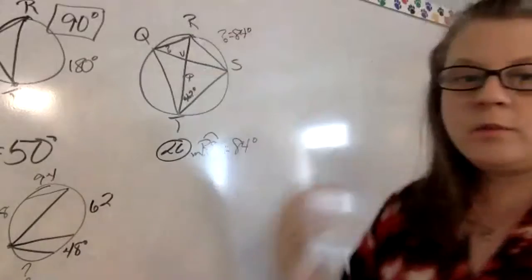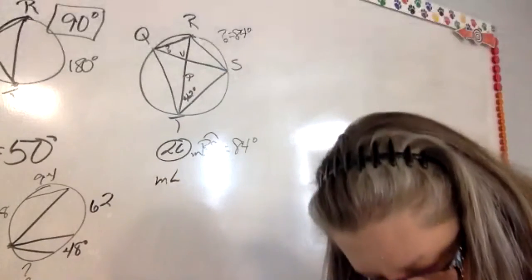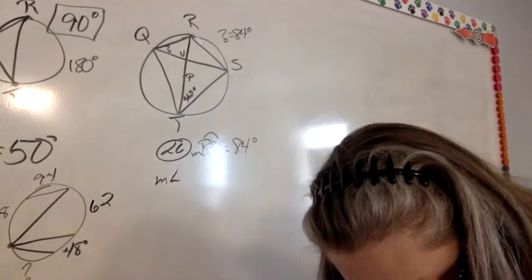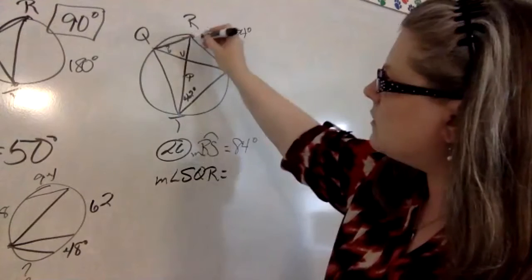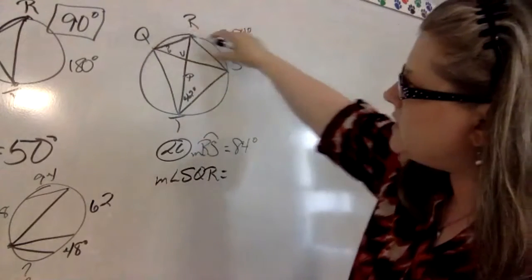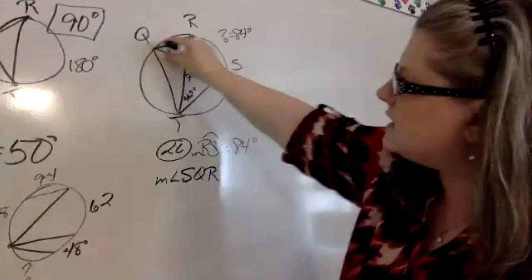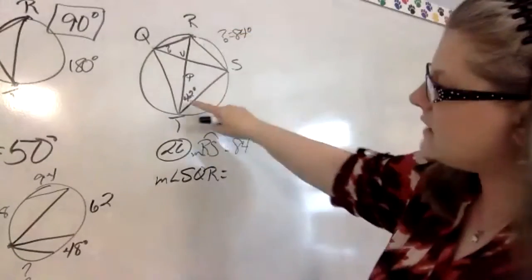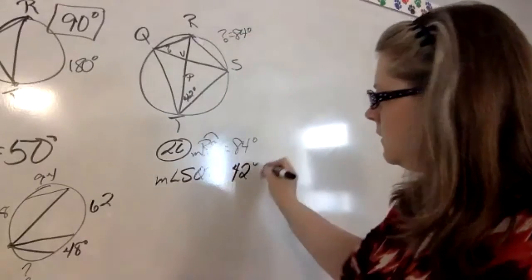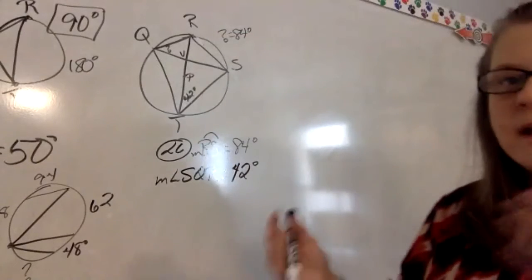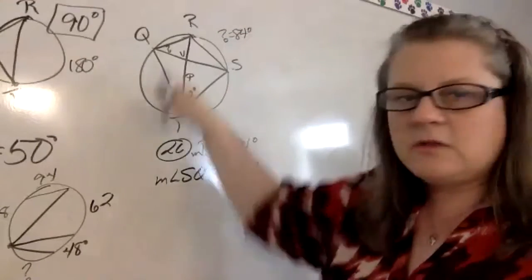Now you look at the other part of the question. It wanted to know the measure of angle. Did they put R or S first? SQR. Okay, so here's angle SQR. It intercepts, it cuts off of the circle the same arc, R and S. So it's going to be the same measure as this because it's going to be half of the arc. So half of 84 was 42 degrees. So a lot of times you feel like you're going back and forth on the same thing, but it's using different